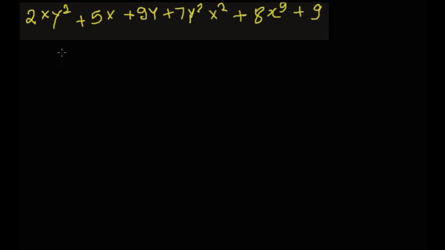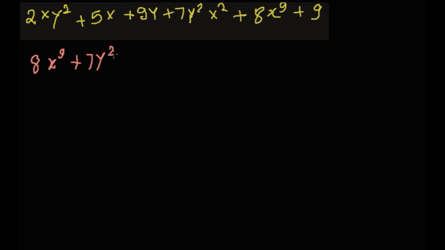Our standard form says we have to write the highest power first. So the highest power is 8x to the power 9. So 8x to the power 9. Then first we will add this. This is 4. So we will write this 7